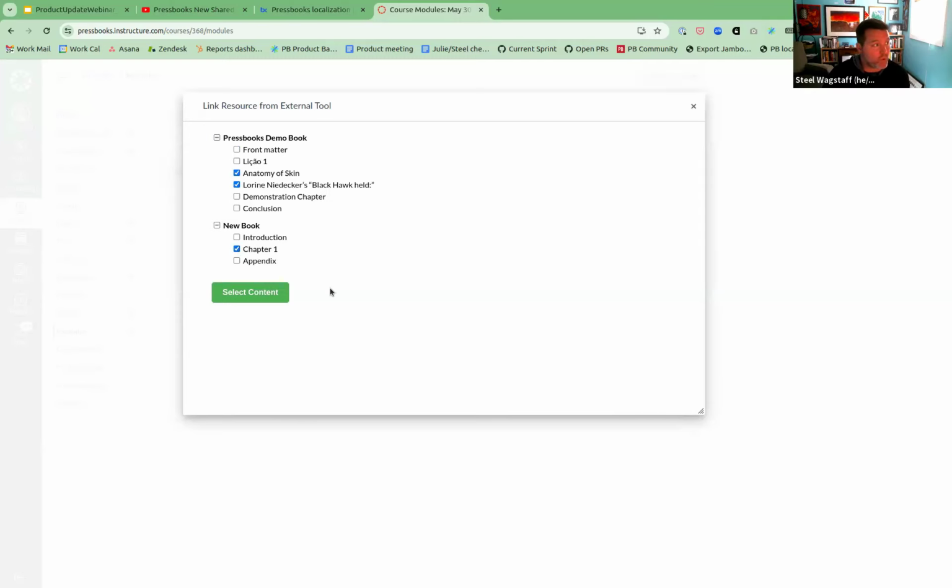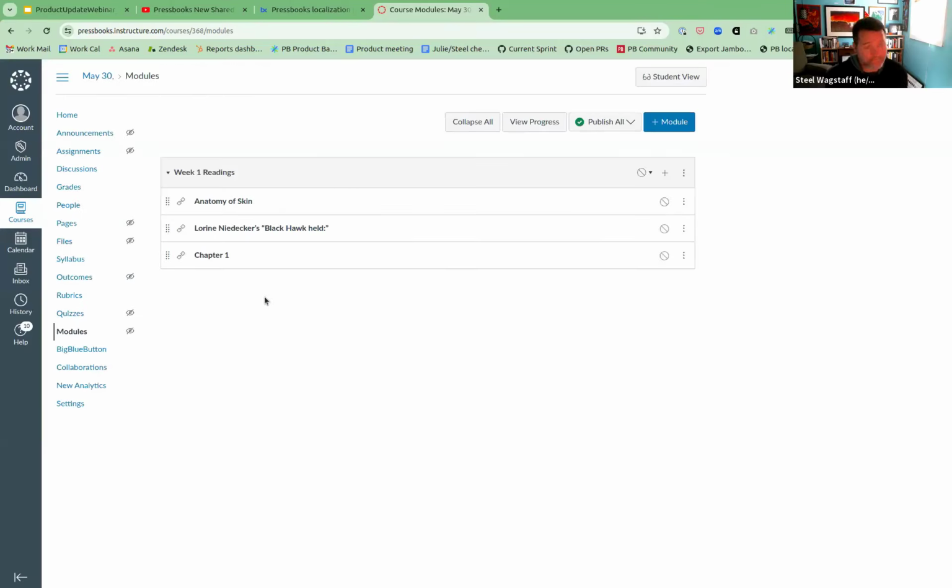Can I select them from more than one book at a time? Yes. Okay, so I'm going to pick these 2 chapters from the demo book and this chapter from new book. And I will click select content. Oh, wow. Okay. And now LTI links that I can launch from my course. Yeah. But yeah, this deep linking method,